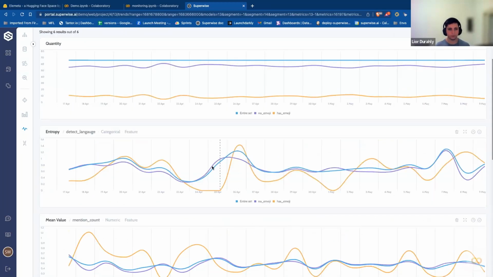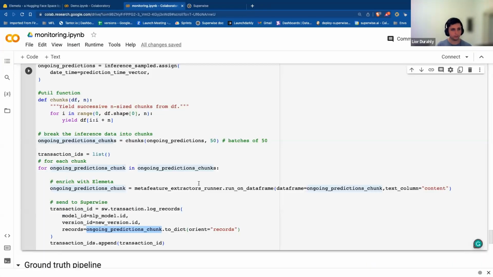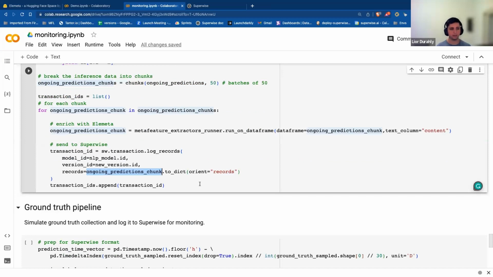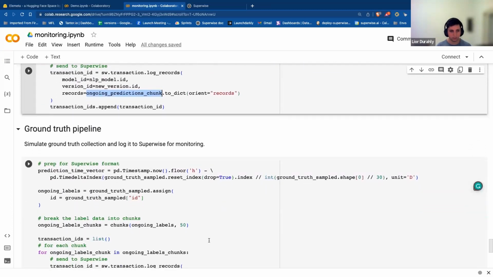Yeah, so we also have an entropy score and many metrics that I am not going to talk a lot about. You can see it by yourself in the UI. After we gave the prediction, we are able to know the ground truth values for our predictions. So we can also send them, and after we send them,